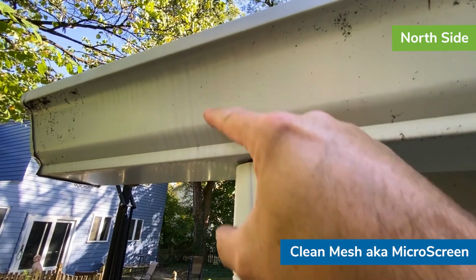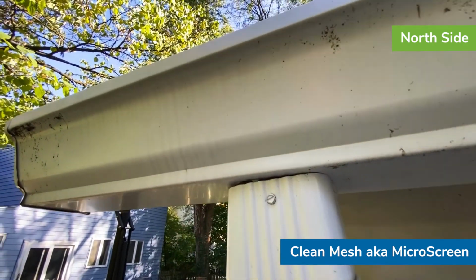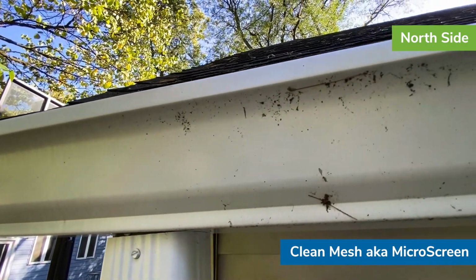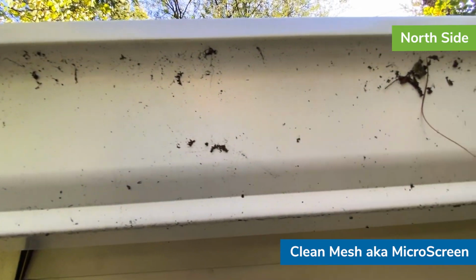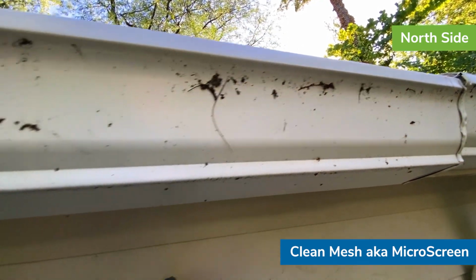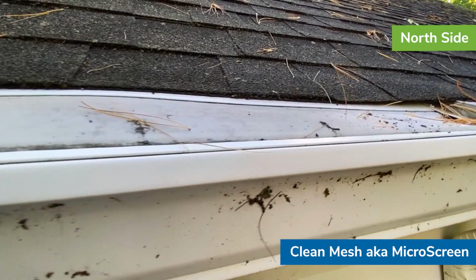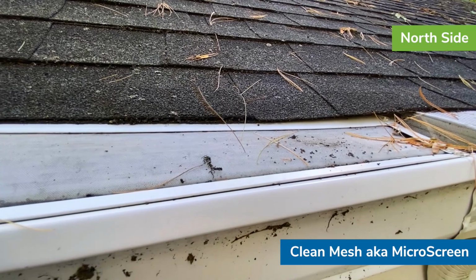So here you see these vertical lines, these darker grayish lines. That's what they call tiger striping, which is driven more by the water out of the sky hitting the front face of the gutter and then dripping down, creating those stripes across your gutter. If you have white gutters, anybody that has had white gutters up for a period of time, or any light colored gutter, tiger striping is just something that you're going to see more of than you would on a darker